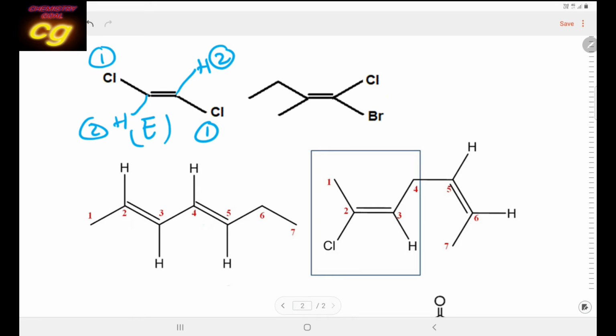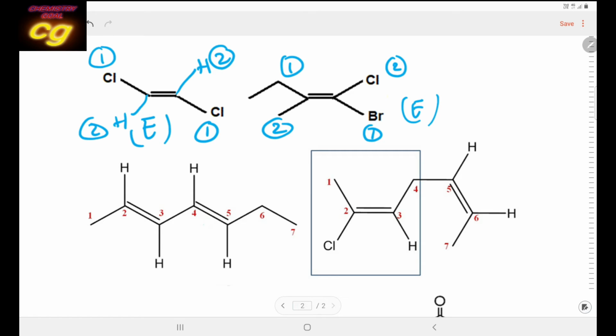In this case you see here chlorine and bromine, as bromine has more atomic number, this is 1 and chlorine will be 2. In this case here it is a methyl, this is ethyl. So methyl and ethyl both are attached to carbon, but this is a bigger group. So this will be 1 and this will be 2. Again I am explaining, here carbon attached to carbon, here carbon attached to carbon, but next attached is carbon, here next is hydrogen. That's why this is 1, this is 2. So 1 1 opposite, that is also E.